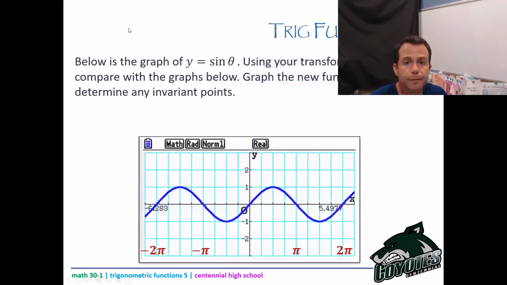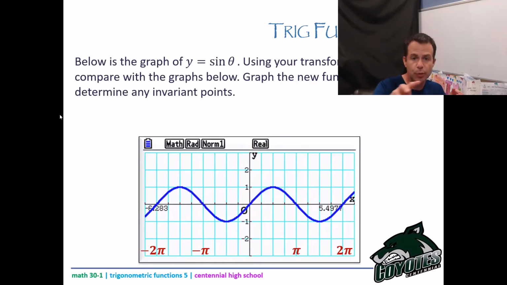Okay, so the first thing we see here in your book, below is the graph of y equals sine of theta. Using your transformation skills, okay, so y equals sine of theta is going to be your base function here, and we're going to compare the base function to a few other functions, okay? It's important to note, if I said y equals 2 sine of theta, I can't just say that that's a vertical stretch of 2, okay? It's not a vertical stretch of 2 unless I say compared to the base function of y equals sine of